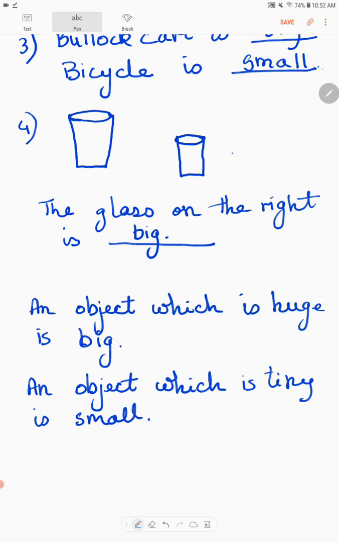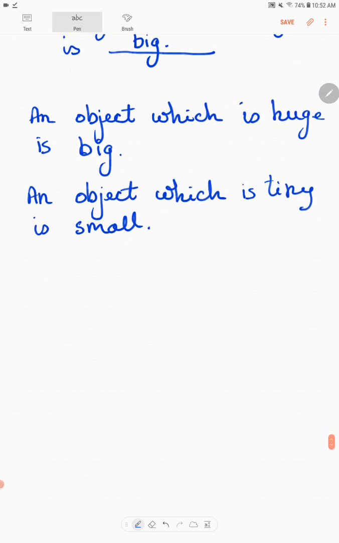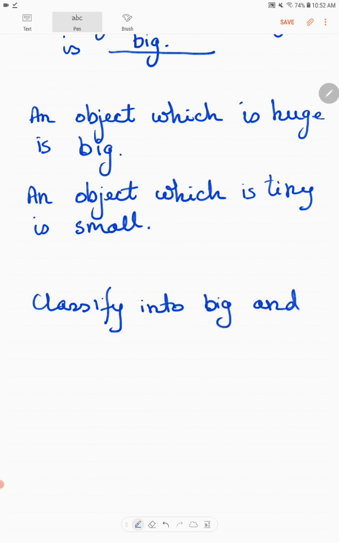Now suppose I write something and ask you to classify it into big and small. You should be able to do that also. You should be able to divide this.